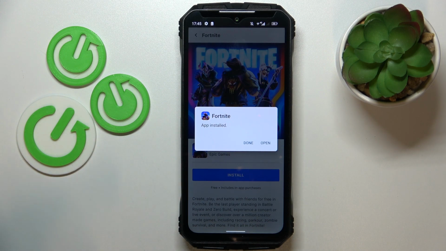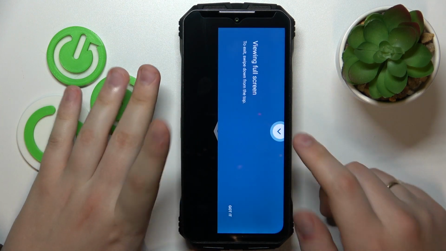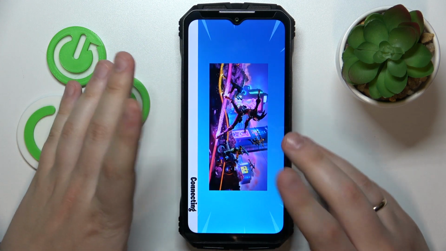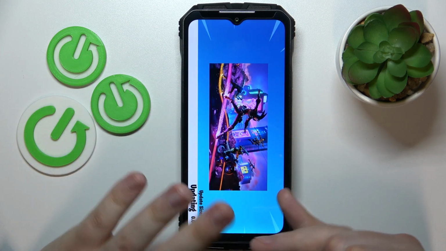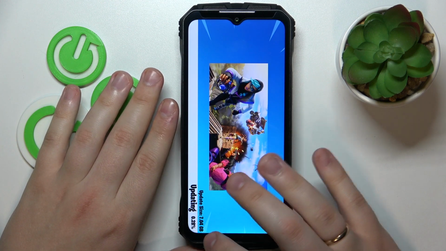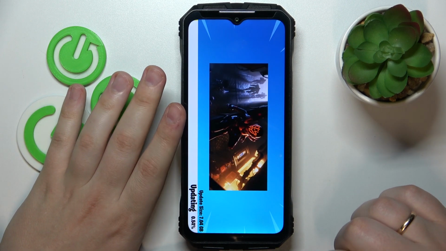And well, as you can see, Fortnite was successfully downloaded and installed, and now you can just go ahead and launch the game. In here, simply wait for it to finish downloading all of the remaining resources, updates, and what not. As you can see, the update size is pretty big. It's just over 7 gigabytes in size, so it might take a minute or two, so be